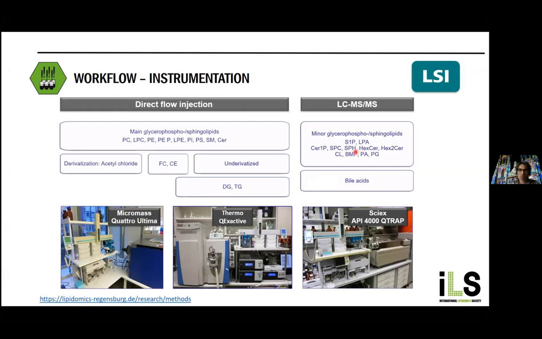It's mandatory, because you will not achieve the sensitivity to get these lipid classes, or you will also need to separate some isomeric lipid classes. We heard yesterday BMP, PG. You cannot get that by direct MS methods. You need to separate those, or bile acids. That is an example I would love to discuss with you. So for these isomeric lipid classes, you need a separation. Otherwise, you will not be able to get them separated. So